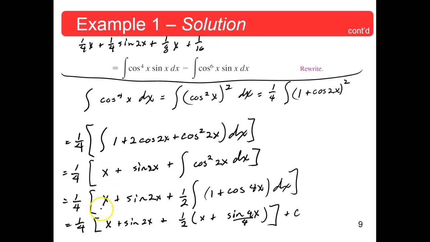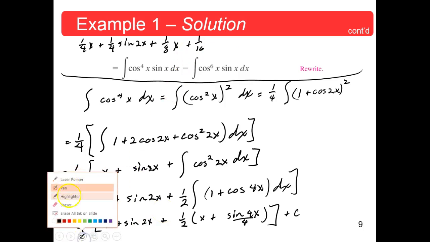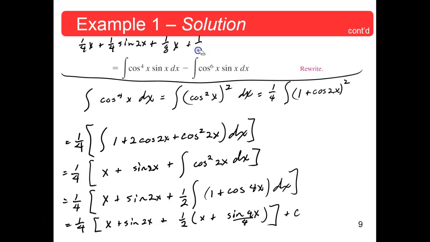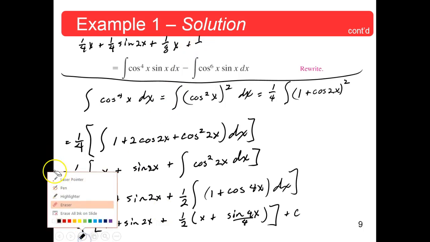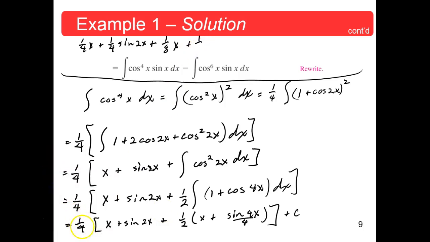No. 1/8 times, that's 1/32. I forgot my other 1/2. It's 1/4 of 1/2 of 1/4. So that's 1/32 sine 4x